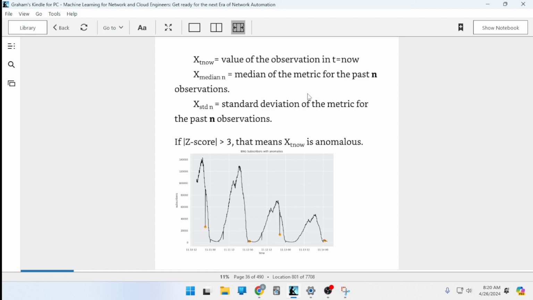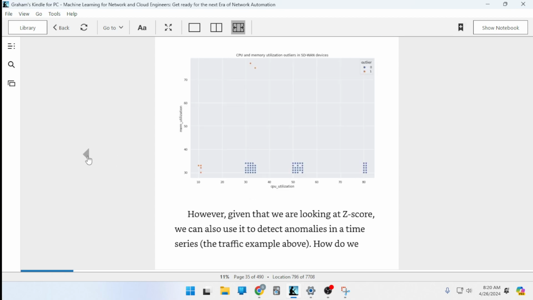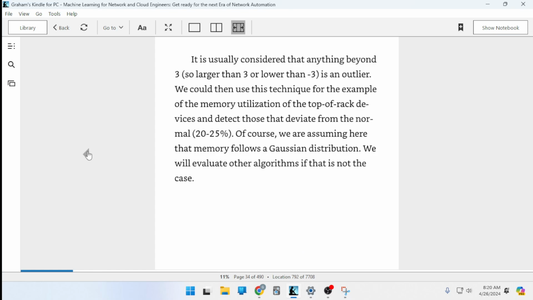If the absolute value of z-score is greater than 3, that means, and remember, we're choosing 3 because this is a